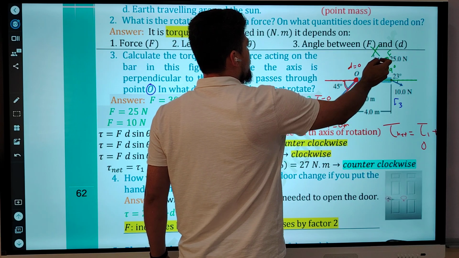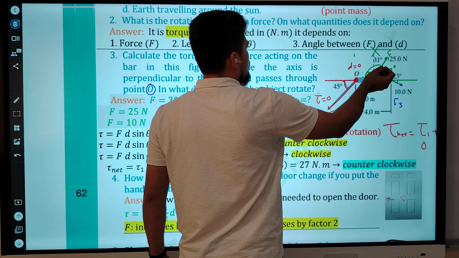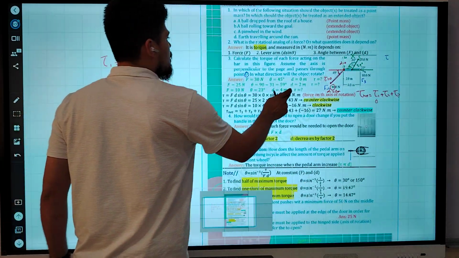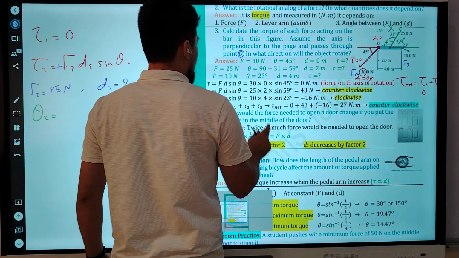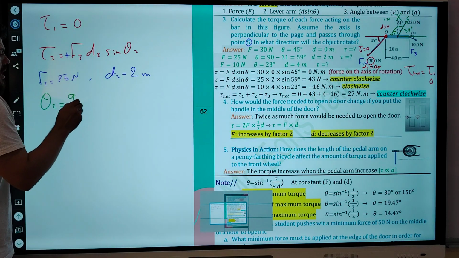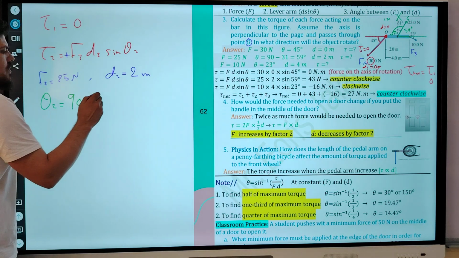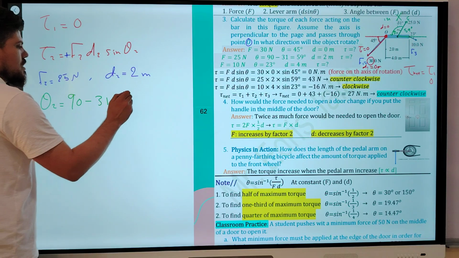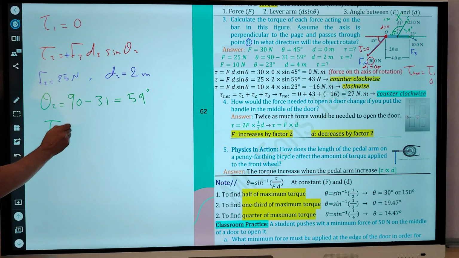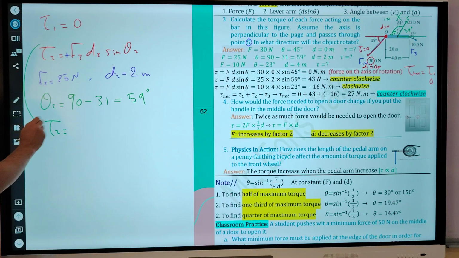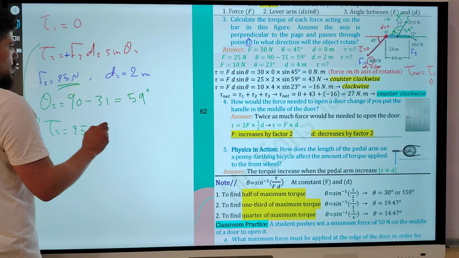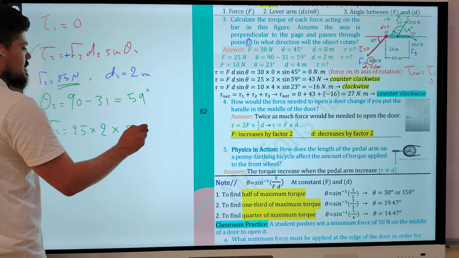31 plus 90 is equal to what? 121. Which one can be used? Sine 121 or sine 59 is the same, up to you. Theta is equal to what? 90 minus the given value. Given value 31, which is equal to what? 59 degrees. Torque number 2 is equal to F2, which was given as 25 Newton, times D2, 2 meter, times sine